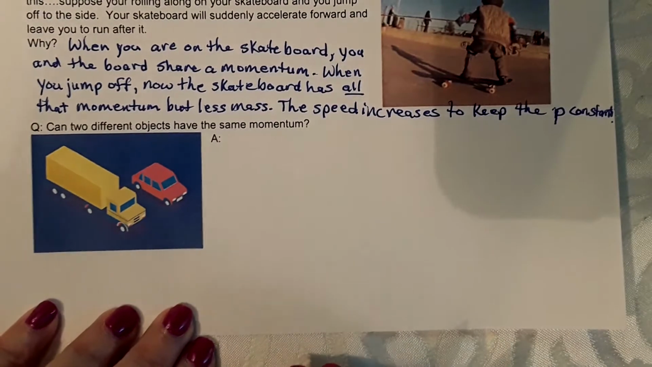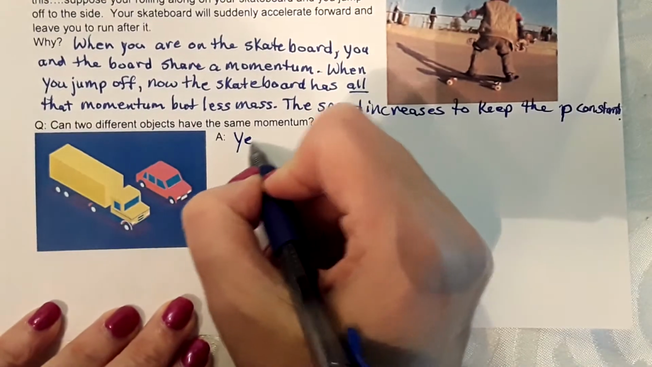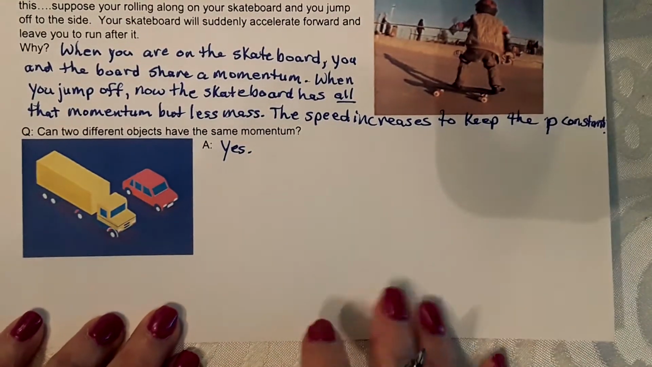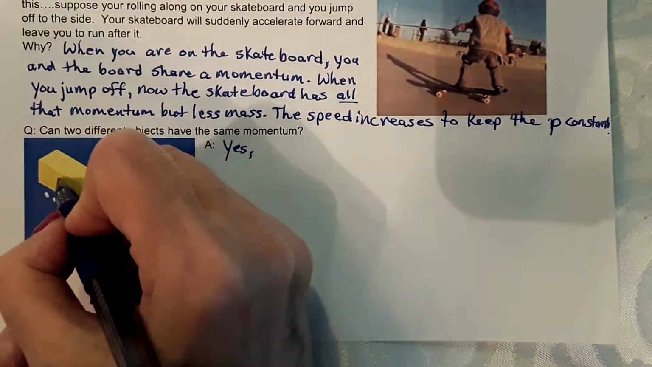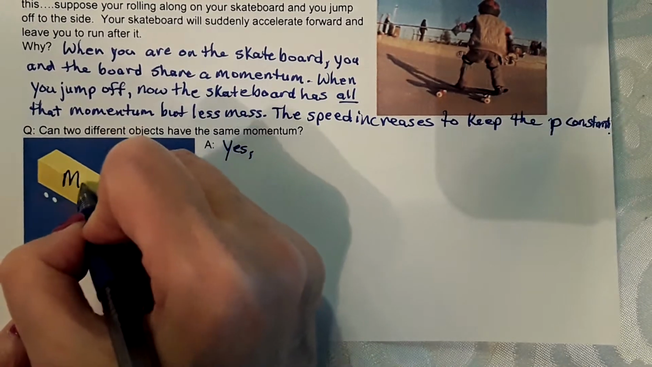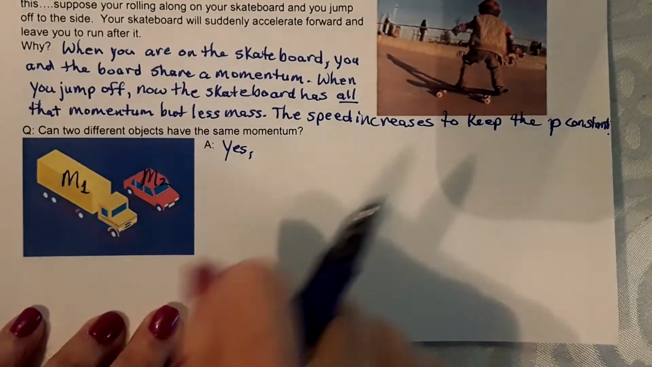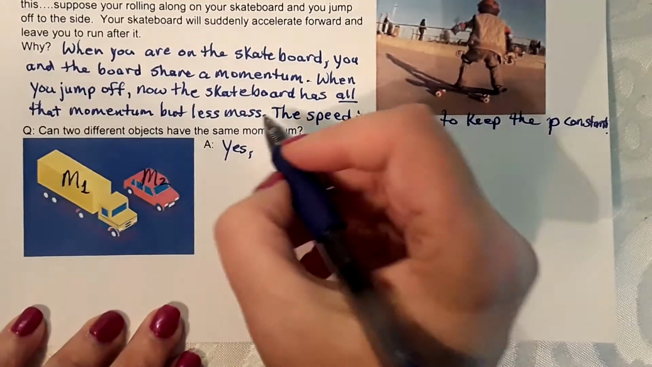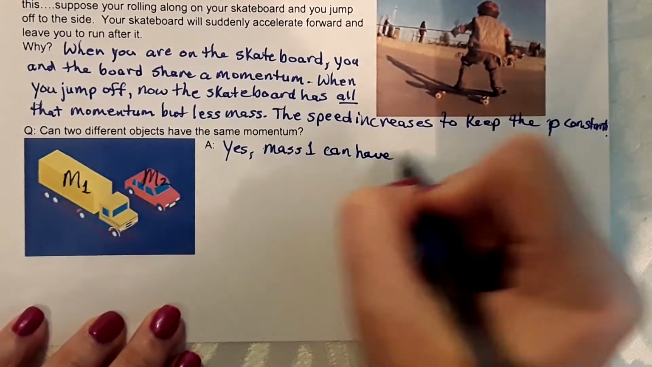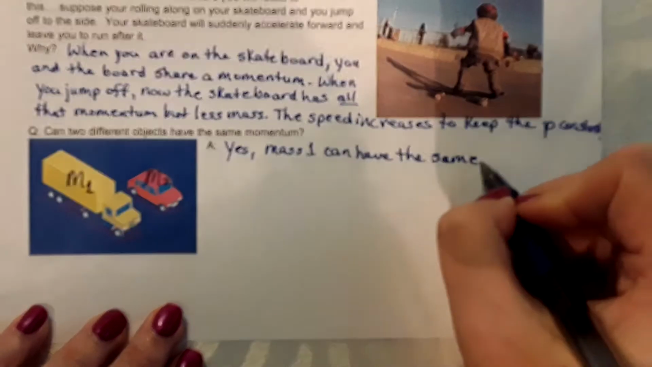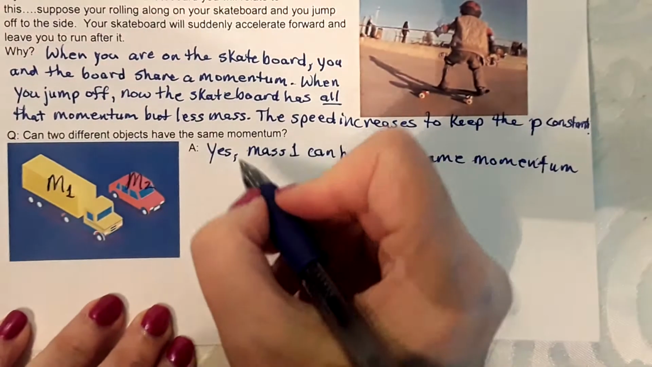All right, so now, can two different objects have the same momentum? Yes, they can. Oh, by the way, if you need to pause and write that down, go ahead and do so. All right, let's look at this. Mass 1 and mass 2, the semi and the car. Can they have the same momentum? Yes. Mass 1 can have the same momentum as mass 2